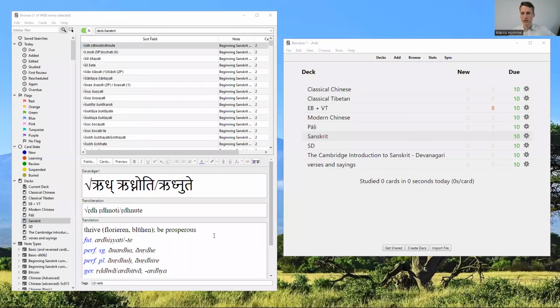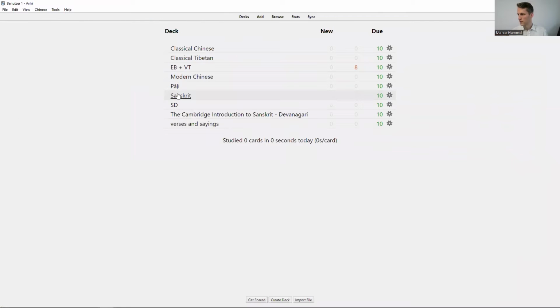It's essentially a strategy for how not to get overwhelmed, especially if you import large card decks. And how this is done, I'm going to show you right now. By the way, you can still browse your cards and your notes, as these cards won't be deleted. Now, if I just start here, maybe with the Sanskrit,